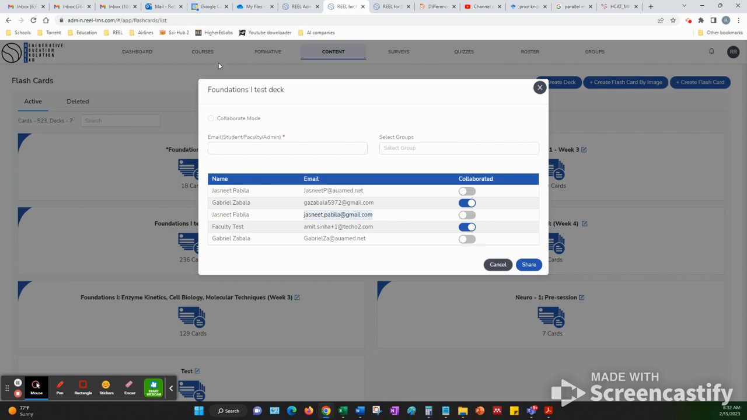So the problem that I'm having is that this is the deck that you guys copied over from Jasneet and Gabriel's student account. This is Jasneet's student account. When you put it on my faculty account, there was a bunch of duplications, but there was also duplications because of the bug that we had. So I shared this with Gabriel and Jasneet, and this is not showing up on their faculty account. So I had collaborated with them, and now I uncollaborated with them,